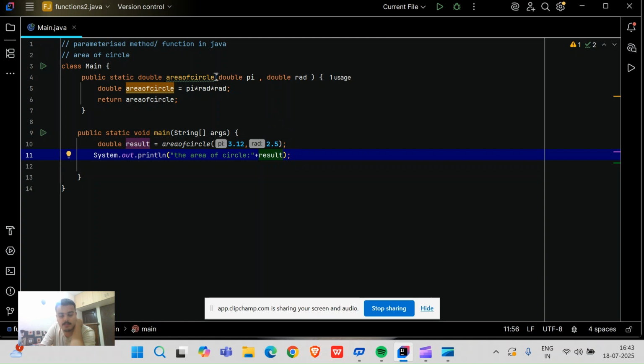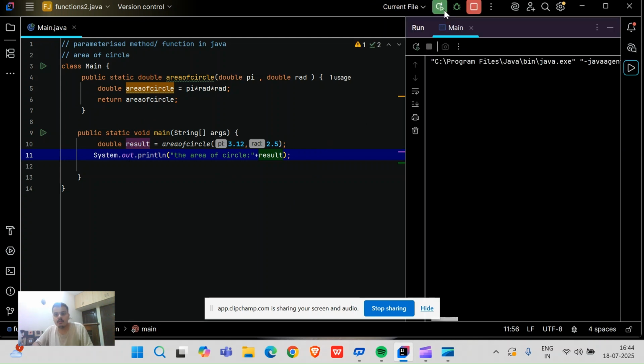Then here the value got passed for double pi, and the value got passed for double radius. Then this formula got executed somewhere in the memory. Internally it is happening for a very fraction of seconds, and return area of circle happened. Then again the call came to the main function. Main function just produced the result. Because see here, double result, last stage memory got executed, and area of circle came something like this. So the result came something like this, friends.